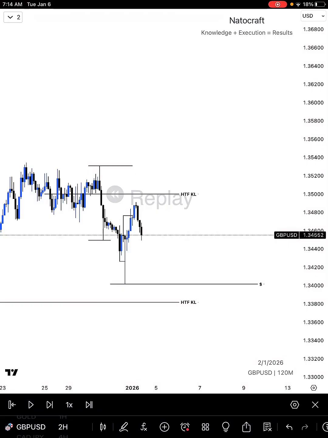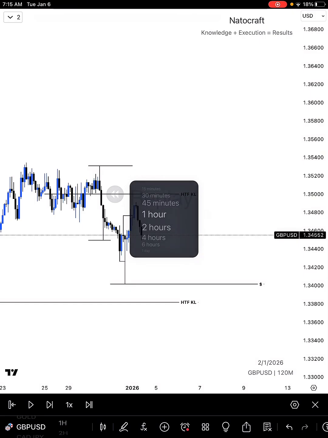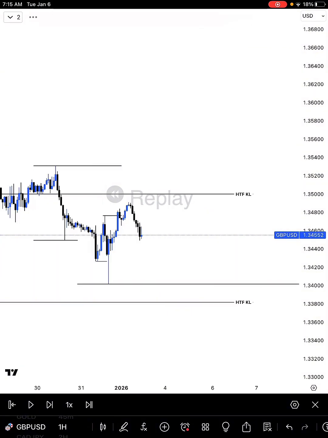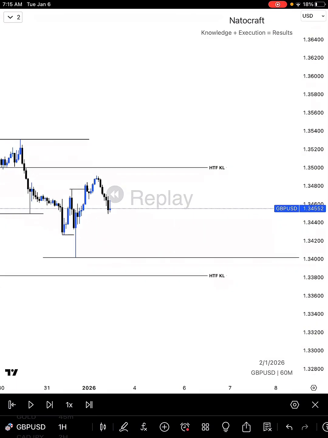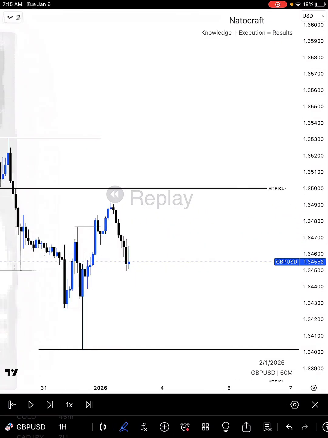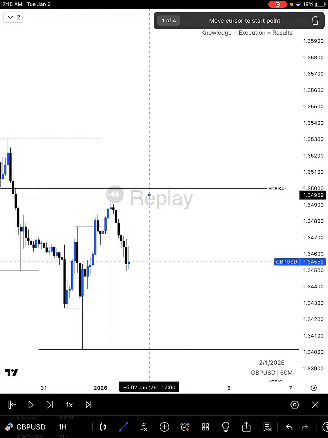We've seen our sweep and our break. So right now we're looking for our entry on the lower time frame, so we can trade the candle range. I can see on the 1 hour, and if you can't see anything